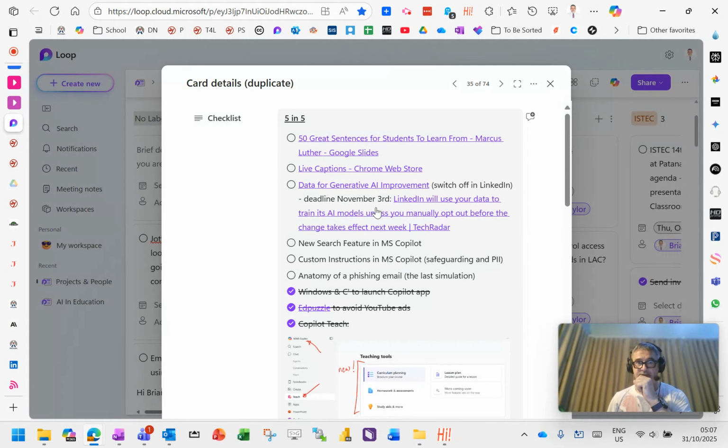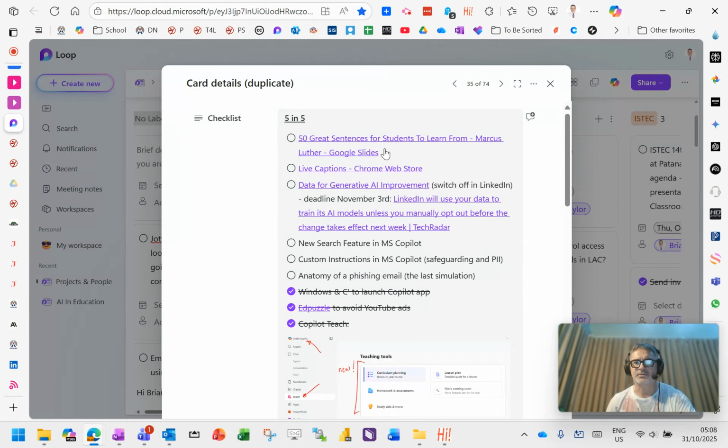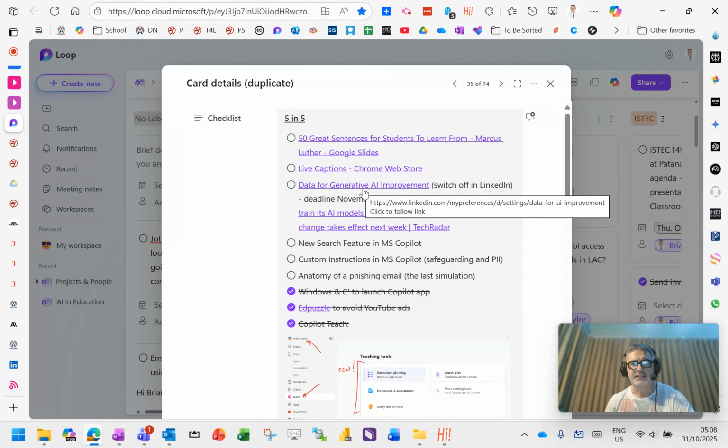Talking of information that's being shared, on November the 3rd, LinkedIn, if you're a LinkedIn user, will be using all of your posts and everything else that's in your LinkedIn profile to train AI models. It's interesting, Microsoft purchased LinkedIn some time ago, so obviously they're going to be using that information to train Copilot and probably be selling it onto other large language models as well. So to be able to change that, what you need to do, I'll click